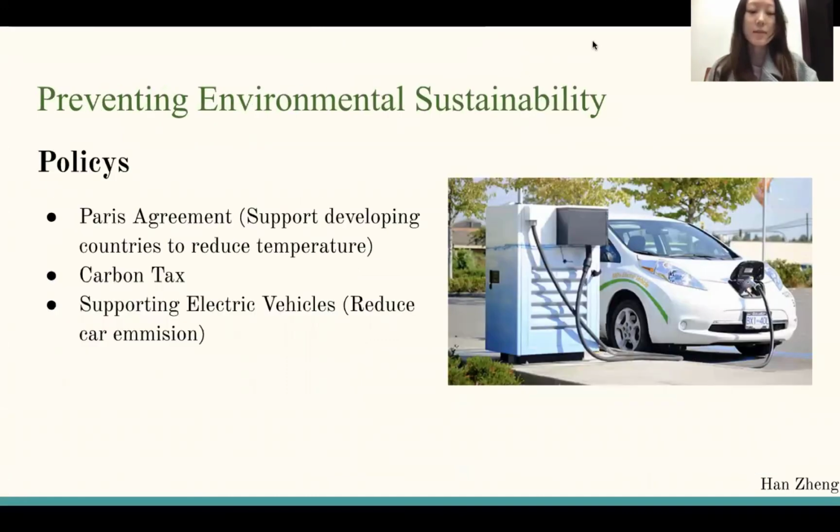Sustaining the environment is an essential issue for humans in this generation, and people's awareness of protecting it is rising. Recently, governments enforced many policies to slow down the speed of pollution. In 2016, the United Nations assessed the Paris Agreement regarding climate change. The Paris Agreement is aimed to support developing countries by keeping them from releasing as much pollution from factories. Moreover, many governments